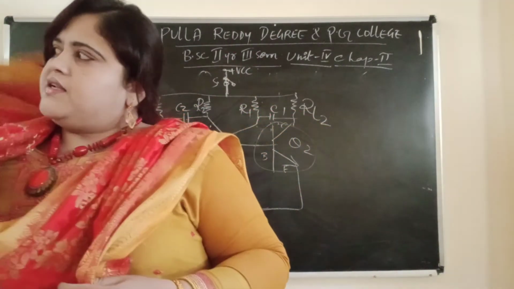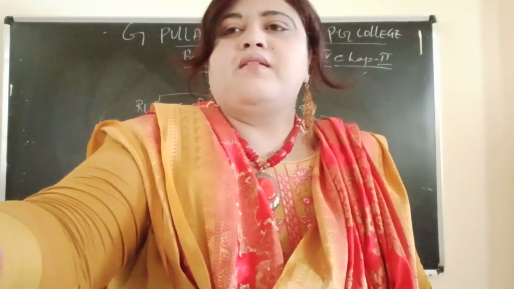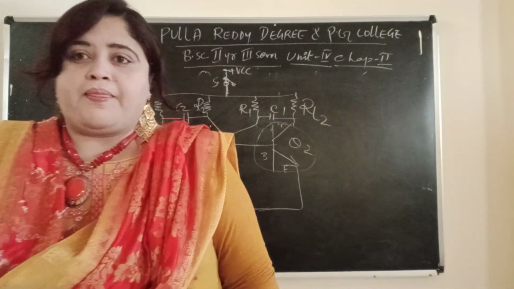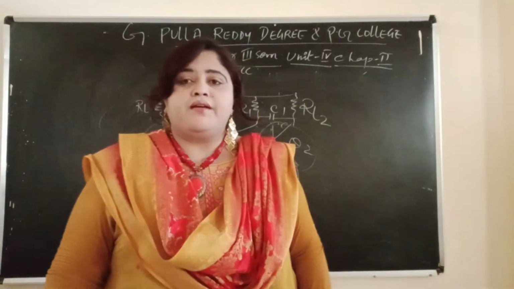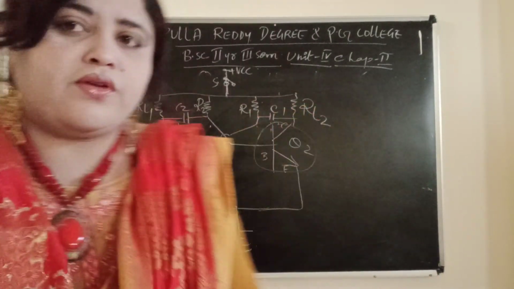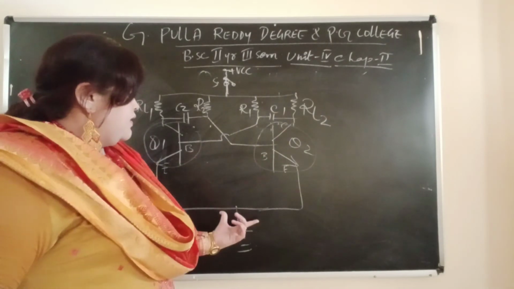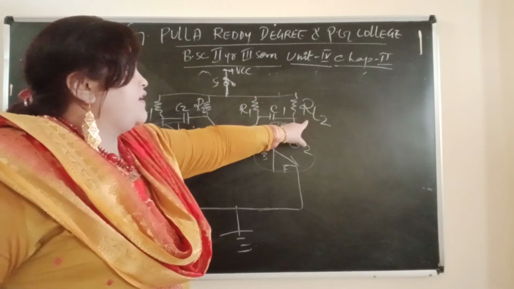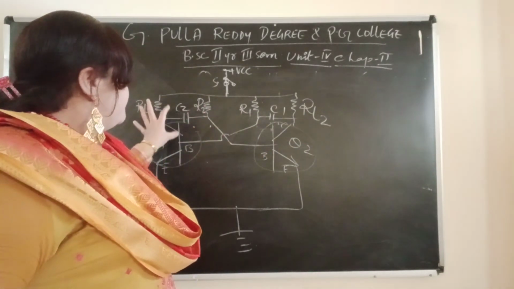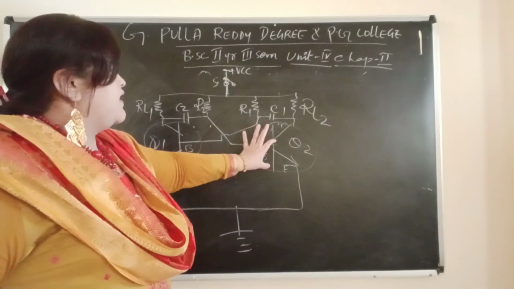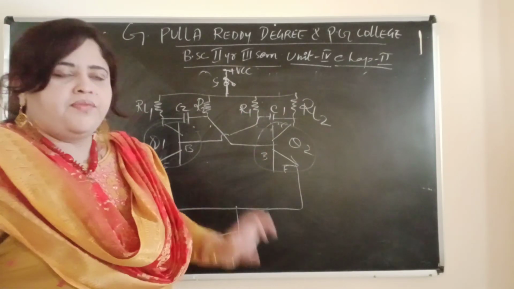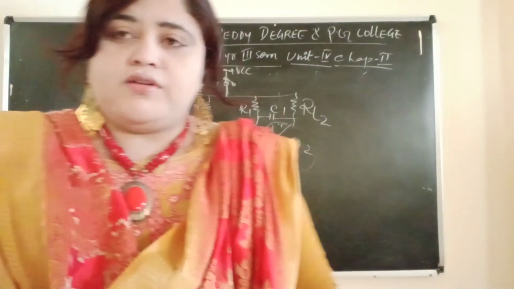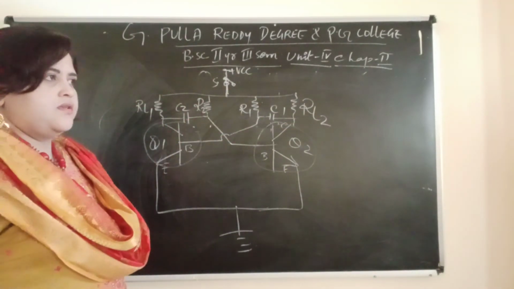So in this astable multivibrator circuit diagram, what you have seen is that the circuit diagram consists of two transistors, Q1 and Q2. Emitter is connected to ground. Collector is connected to load resistances RL1, RL2, and feedback is given from the output of the first to the second and second to the first. So now we will start the circuit description.